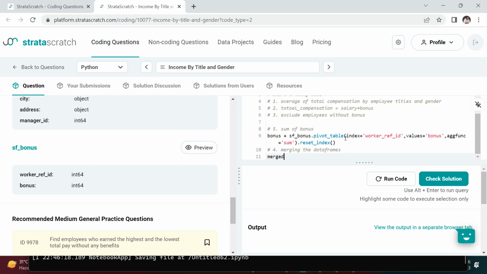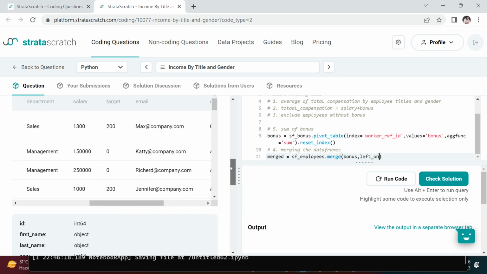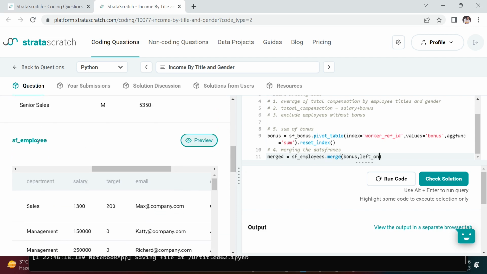Okay, so I'm going to say merged, and here I would say sf dot merge, and the data frame which I want to merge is bonus, and on the left hand side I'm keeping sf employees. Let me check the spelling for sf employees, whether that is right or not. Yeah, there is a problem. It should be sf employee, not employees. Okay, left on, in the left column the primary key which I have is id, and in the right table, which is bonus, the primary key which I have is this work ref id. All right,